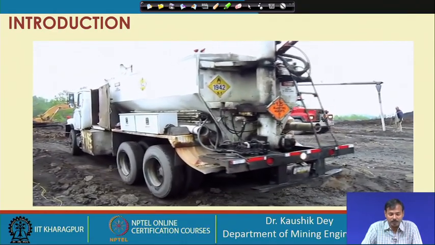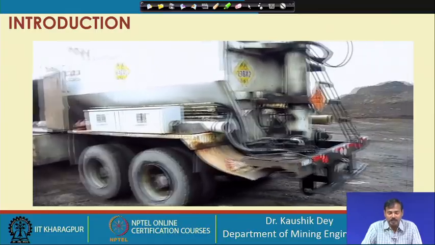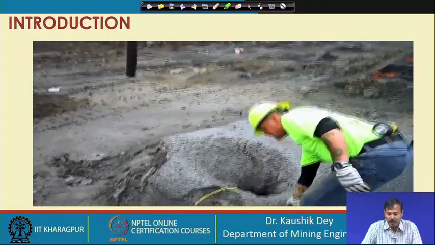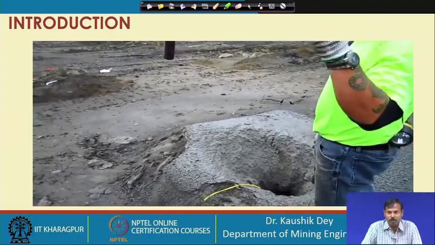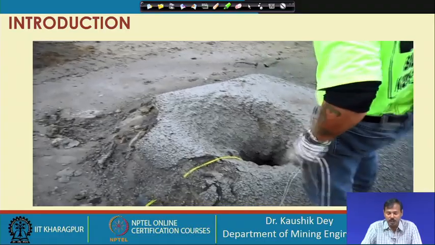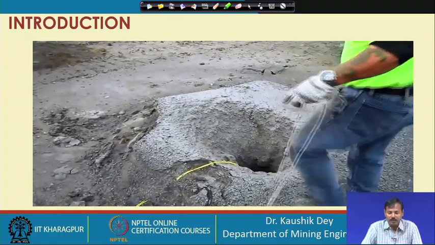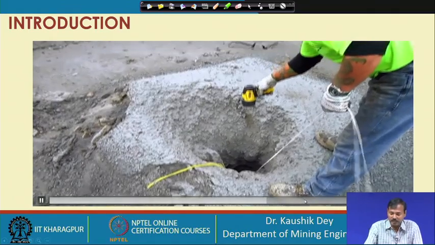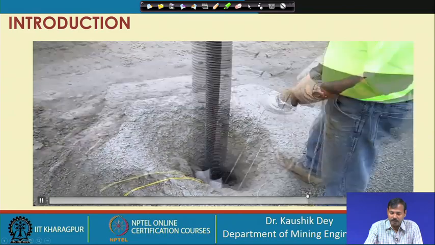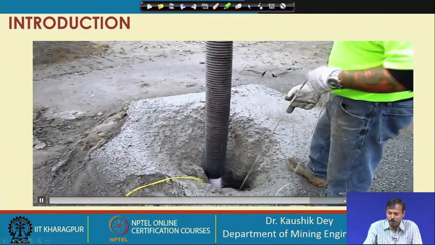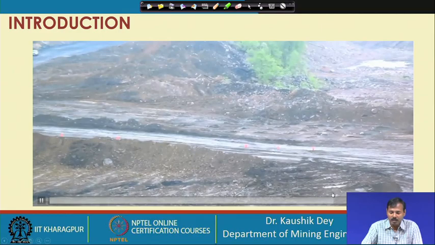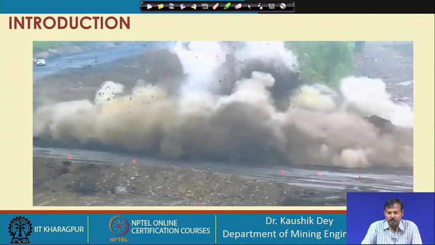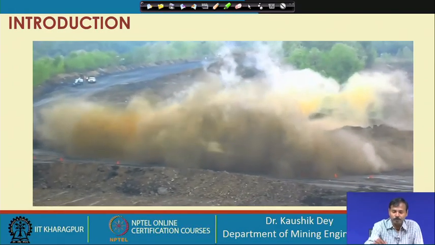These are the bulk explosive trucks: emulsion, slurry and ANFO. Often heavy ANFO is also used. These are bulk loading type explosives, directly used in the holes. So, basically this is the way we carry out charging in the blast holes, and you can see the blasting is carried out after charging and connecting those holes.